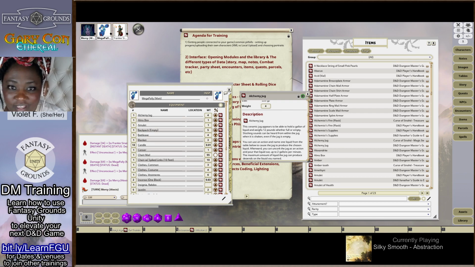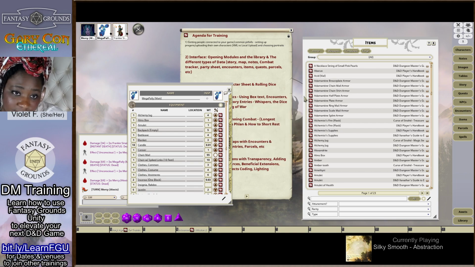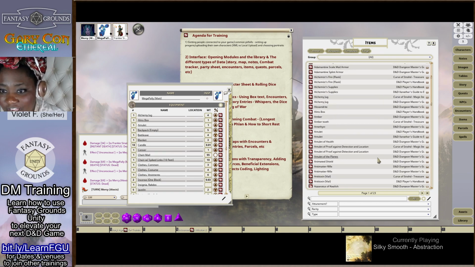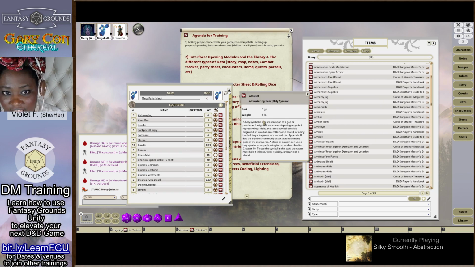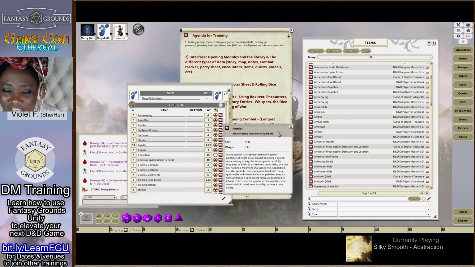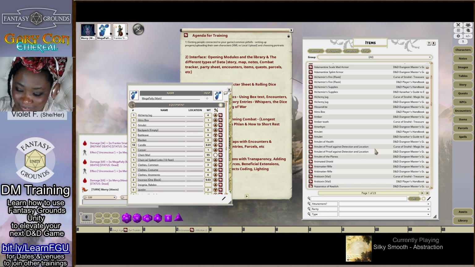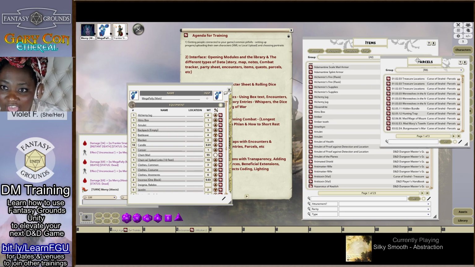Yeah. Perfect. So, just like before where we showed with images and also NPCs, this has the same feature. You can choose to ID things or not. For regular items from the PHB, like this amulet, it'll just usually have a cost and a weight and the information. It's pretty straightforward. Parcels, however, because I know Griffin was asking about that. If we go to parcels, I like to tell people